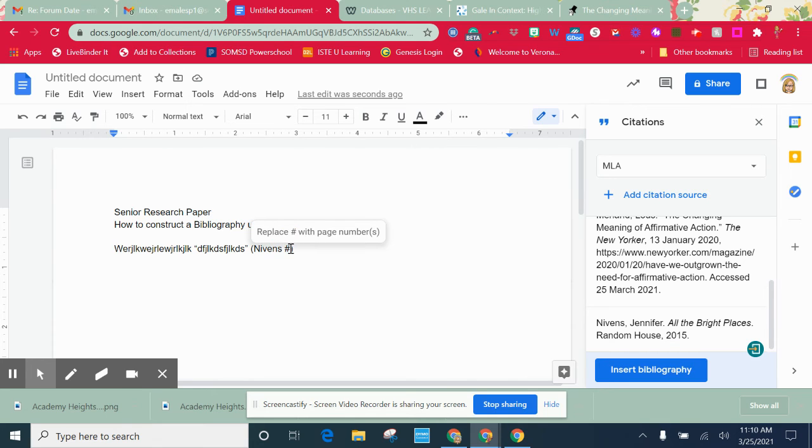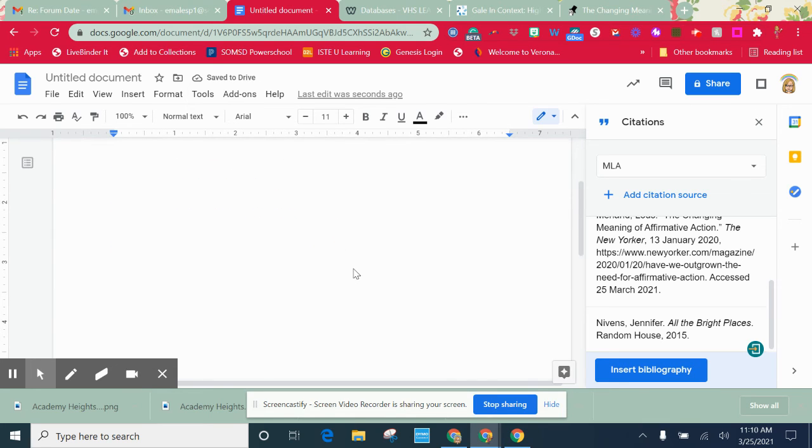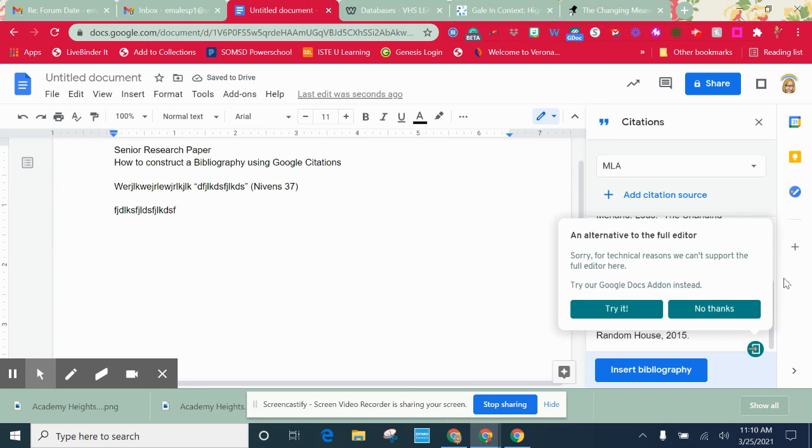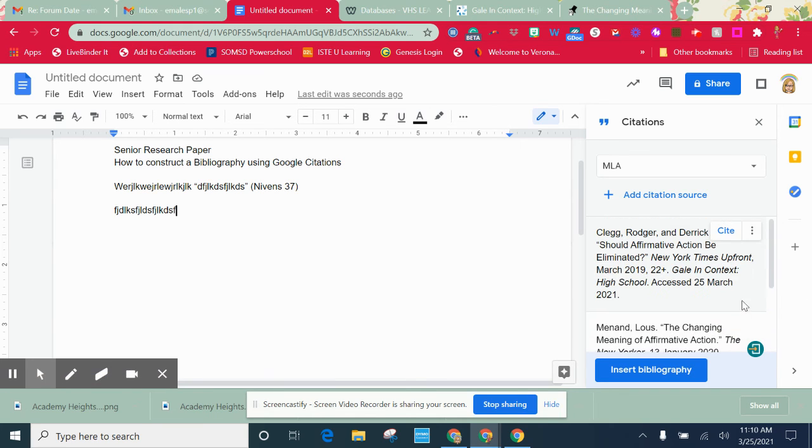So I got it from this book on page 37, and it does it for you, which is so nice. So for everyone, when you're writing something, you no longer have to put the citation in there. You can just hit cite and it will do it for you,